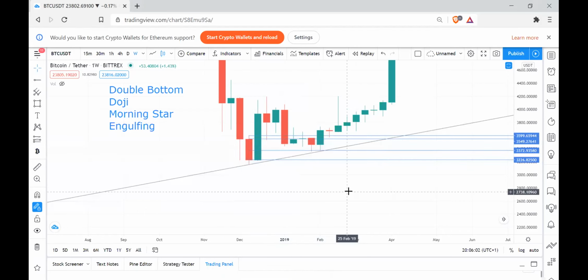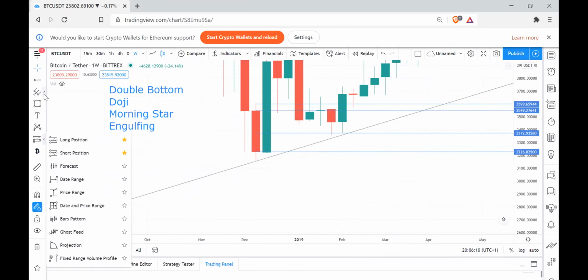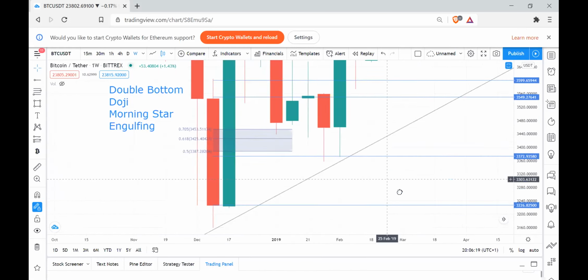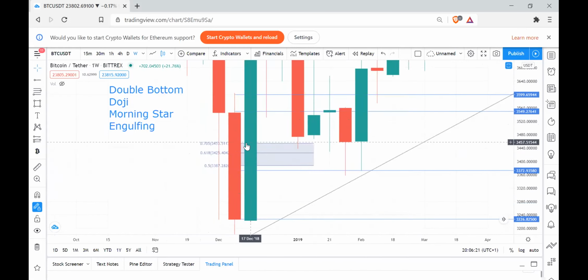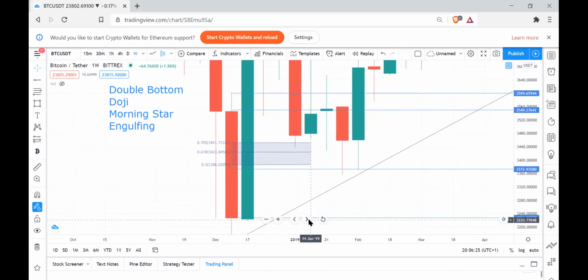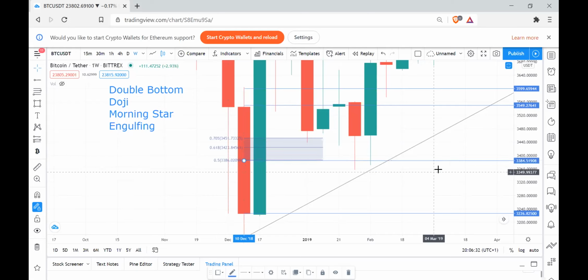This is now where you begin to fine tune and find precision entries. Over here, let's Fibonacci. So if you chose to get in at 50% of the engulfing bar, over here, this is it. Your entry would have been at